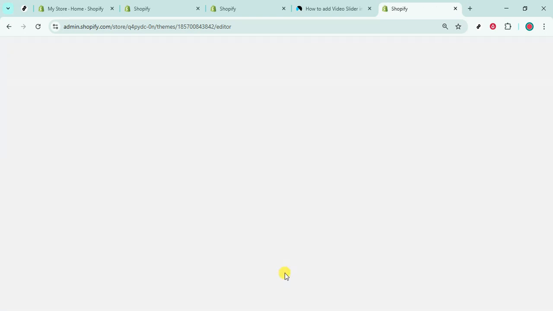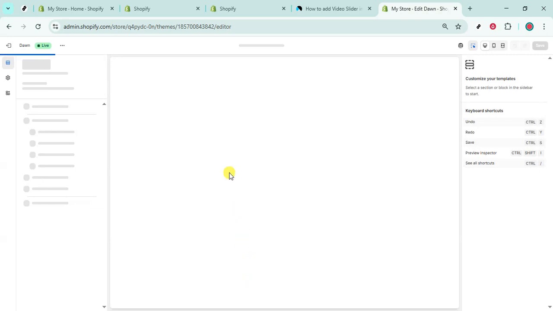From here, you can customize the section settings and content in your theme editor and add it to the desired page layout. If something doesn't appear, clear your browser cache or try a hard refresh to see the latest theme